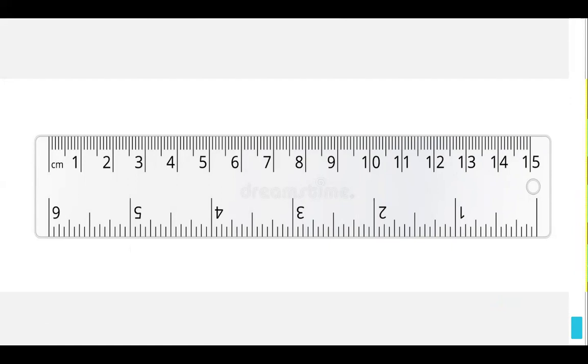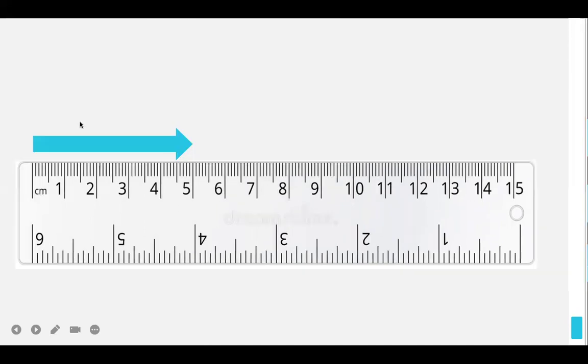So the widest, yung nakabaliktad na 1, 2, 3, 4, 5 hanggang 6 inches yan, kids. So the centimeter, yung ruler na yan, yung mga maliliit na mga guhit, yung mga small lines. Okay, these are the centimeters. May nakalagay na cm. Ang basa dun sa cm ay centimeters.